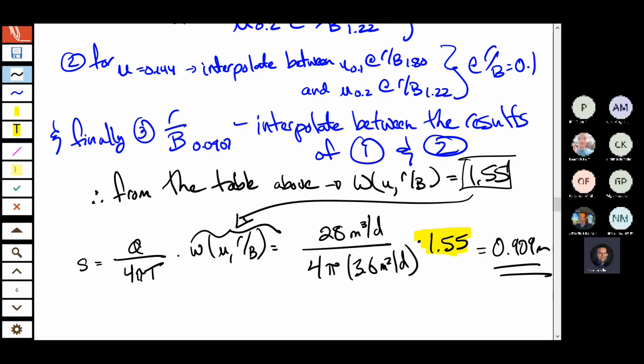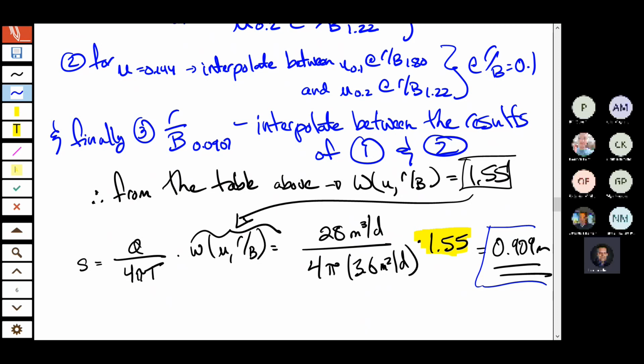But again, remember the workflow. Before we got to that point, we had to test the efficacy of the Hantush method. Does it pass the initial assumptions? Choosing between those 4 equations, but actually choosing between the first 2 equations in the first step and the other